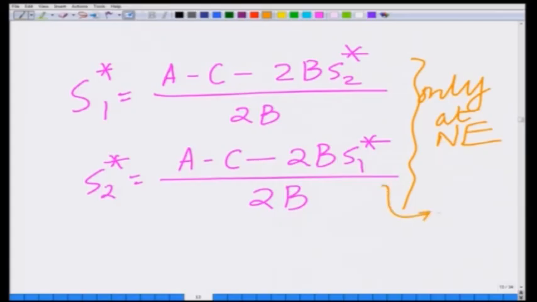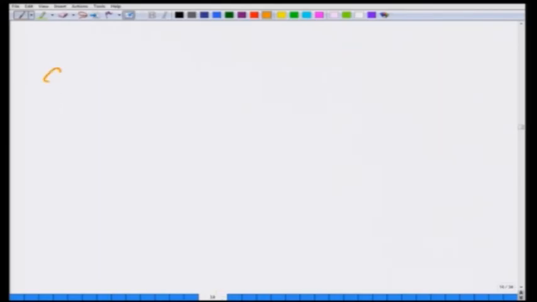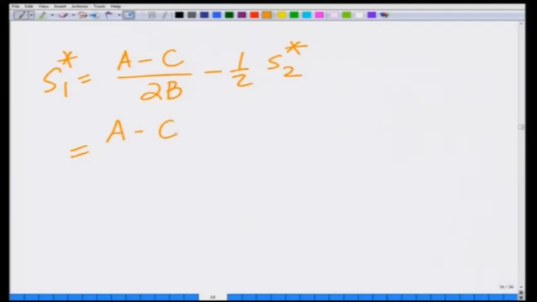Now, if I call this equation number 2 and this equation number 1, I can substitute the expression for S2 star from equation number 2 in equation number 1. I have S1 star equals (A minus C) divided by 2B minus half S2 star, and substituting for S2 star, I have (A minus C) by 2B minus half